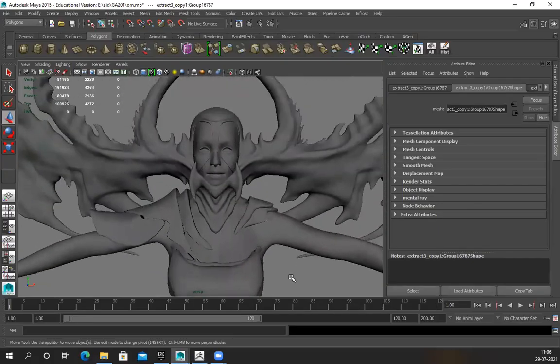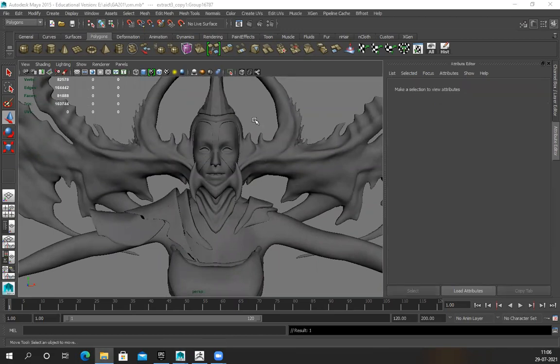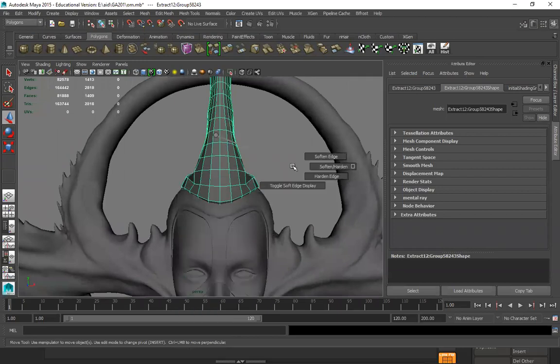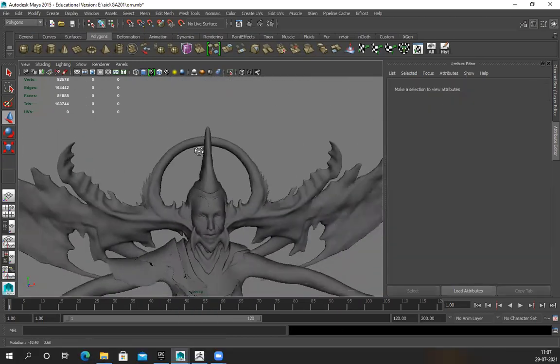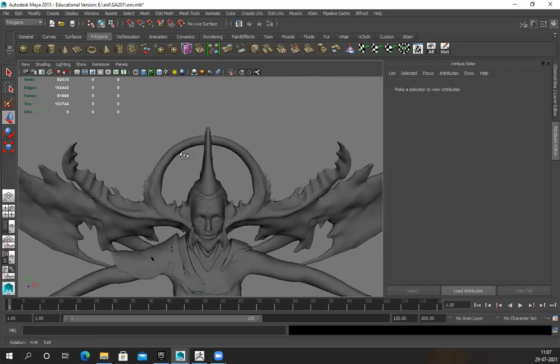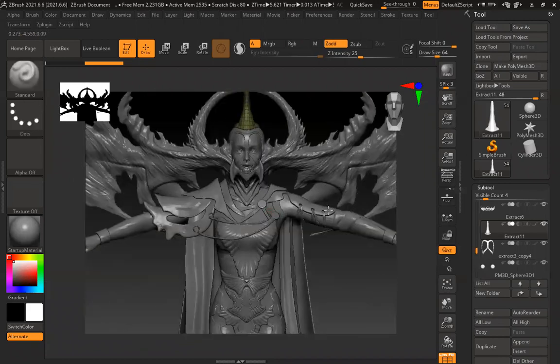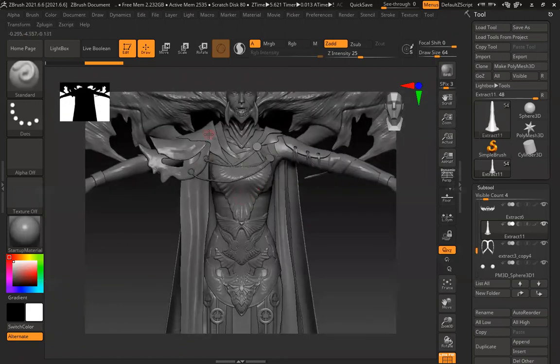Sir, how do we reset the polygroup? Control W. And sir, yesterday you showed that there were two polygroups on my mask. You hit one polygroup, then clicked some shortcut key, and the other visible polygroup was masked automatically. What is the shortcut key for that? It's just masking, like a simple mask. Okay, I'll show you.